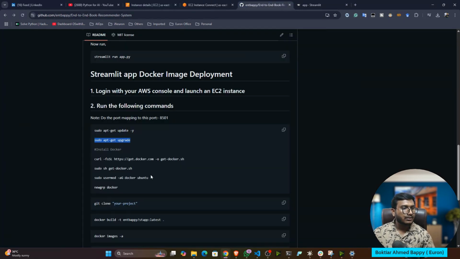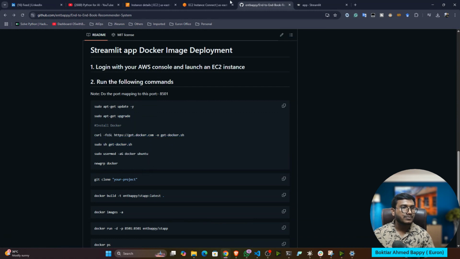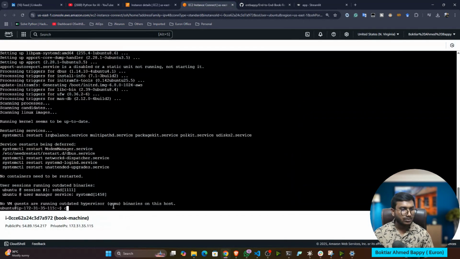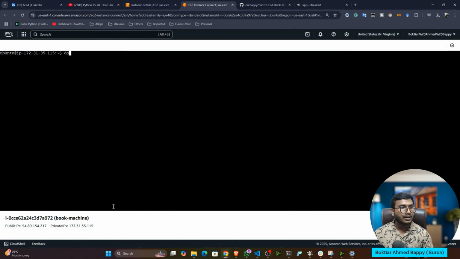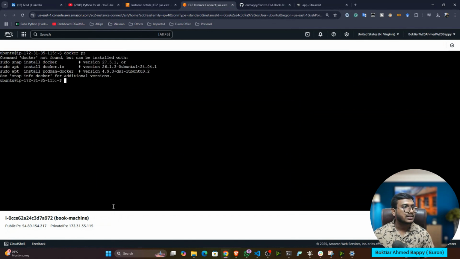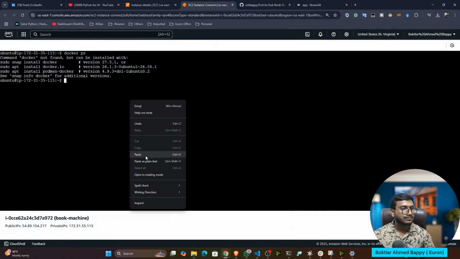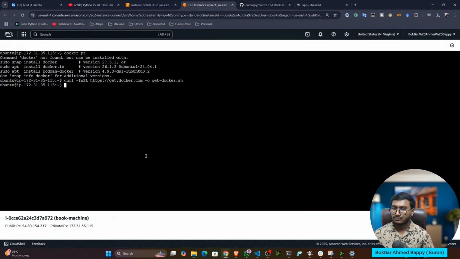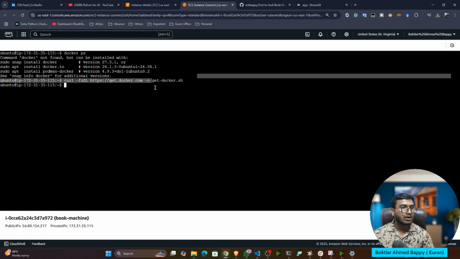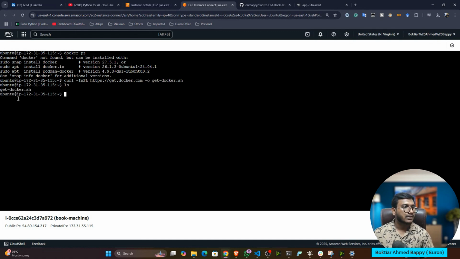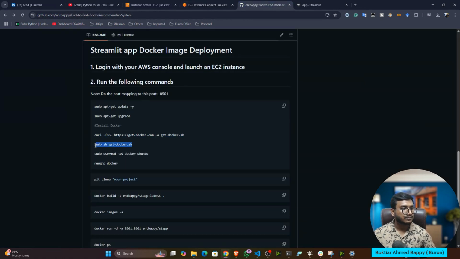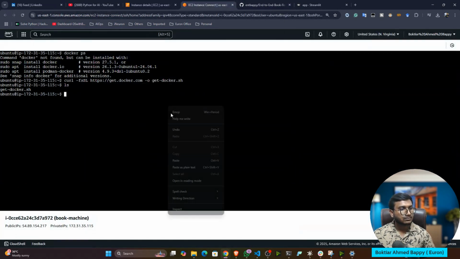So it's done now. I will install Docker here, because by default, there is no Docker. Let me show you. If I, let's say, do docker ps, it is telling docker command not found. So Docker is not installed. So I have to install Docker here. So this is the command we have to execute one by one. First of all, we have got one sh file. Now we have to install the sh file.